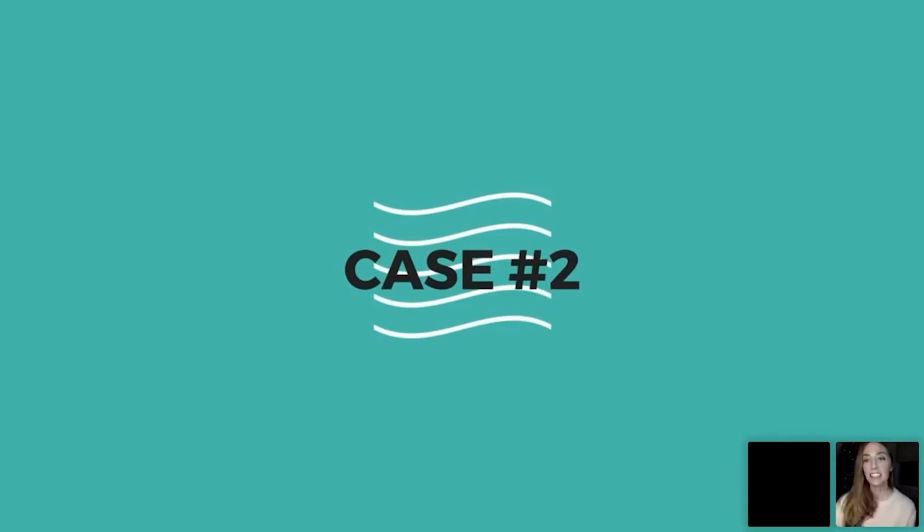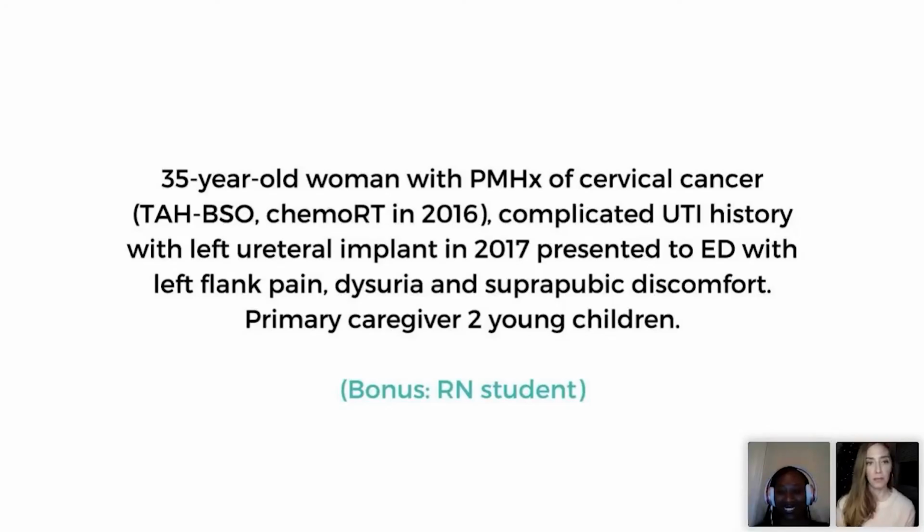Okay, case number 2. Younger and simpler. So, a 35-year-old woman with a history of cervical cancer. She's had a hysterectomy. She's had chemo and radiation a few years back. She has a history of UTI, and she had an implant. And as part of the surgery, had her ureter re-implanted on her bladder. And so a couple of risk factors going in to set her up for UTI, and she's got a history